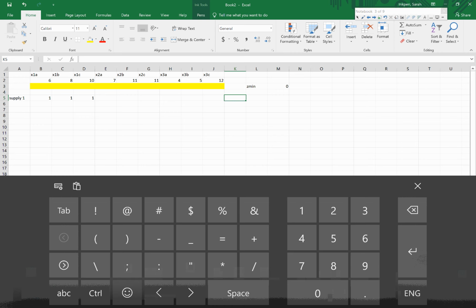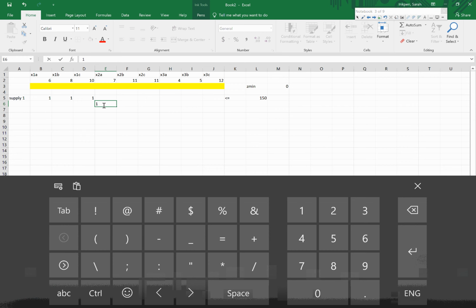I'm looking for the less than sign here. Maybe I don't have it. Oh yes, less than or equal, and in here I have 150, and the next ones,